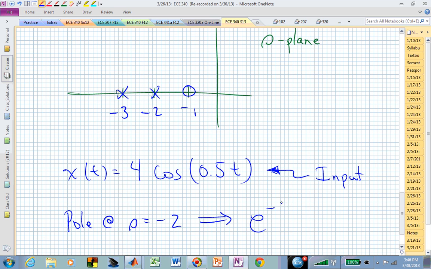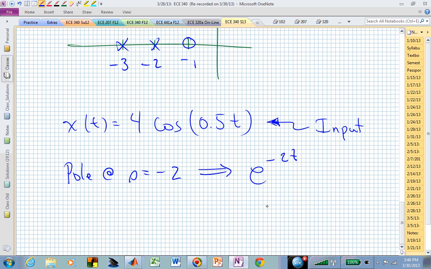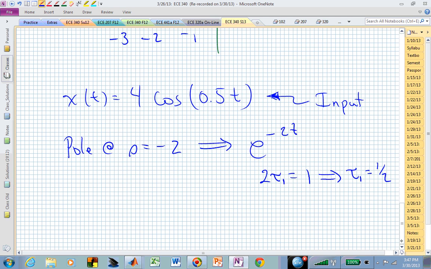actually is going to give you a mode that looks like e to the -2t, and you could now say, well, I'm interested now in the time constant associated with that. When the exponential term, the 2t, what's the value of time when that equals 1? And that will give you the value of one time constant for that particular pole. And in that case, we have a time constant of 1/2 with the pole at -2. With the pole at -3,